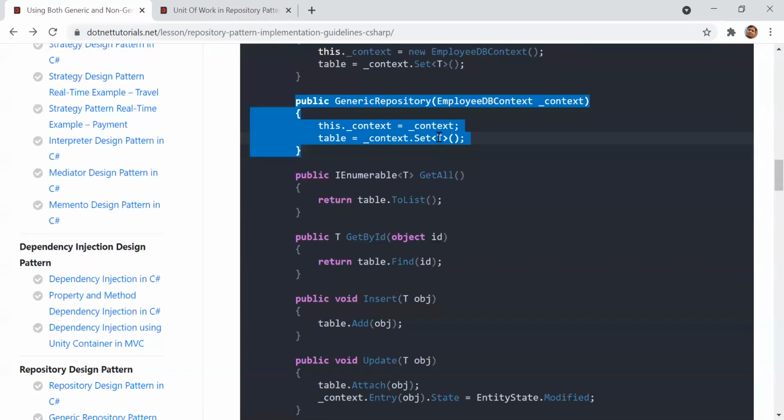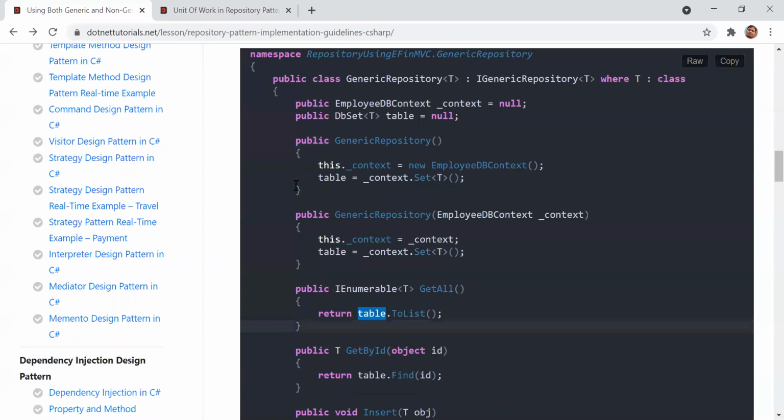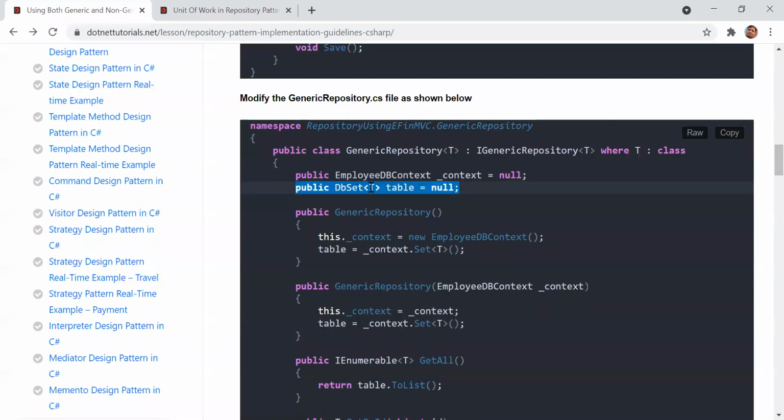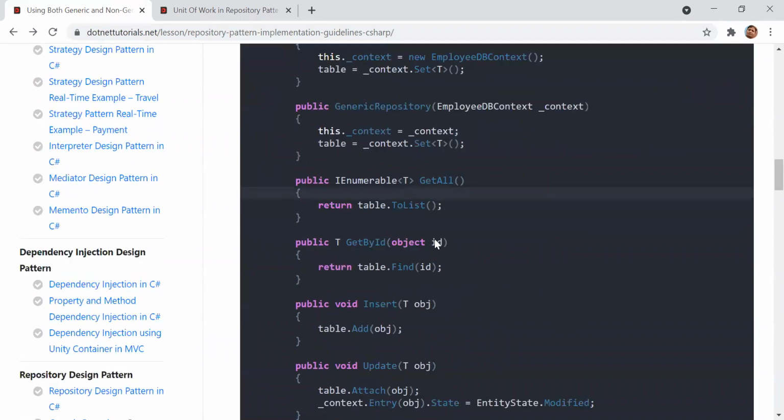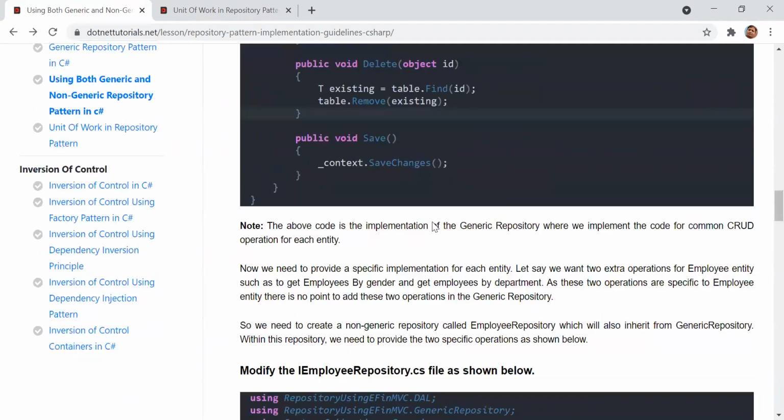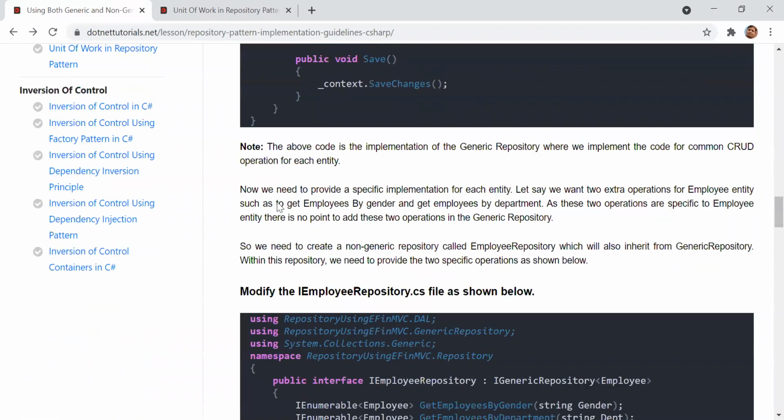So T type means it will get that particular class, and we say get the value. Here is the table. What is a table? Table is a kind of variable where we are setting that T type. Suppose employee came. So what will happen here? The DbSet will be Employee. Then a request came for product, then T will be Product. Then in the next request it comes as a customer, then T type will be Customer. If T type is Customer, then wherever we have defined T type, that will work as a customer table. So does anyone have any question on this?